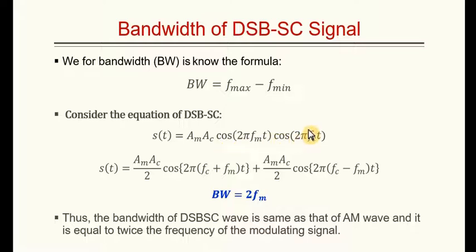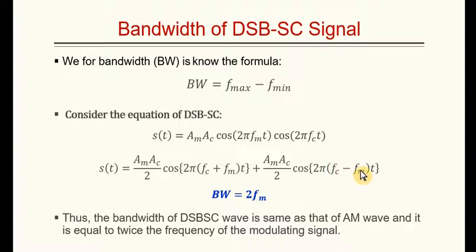So we have the product of cosine A and cosine B, and we use the trigonometric identity. Then s(t) is equal to Am Ac over 2 cosine 2 pi (fc plus fm) t, the summation of the two angles, plus cosine of the difference between the two angles, so Am Ac over 2 cosine 2 pi (fc minus fm) t. So from here it is very clear that we have the maximum frequency fc plus fm